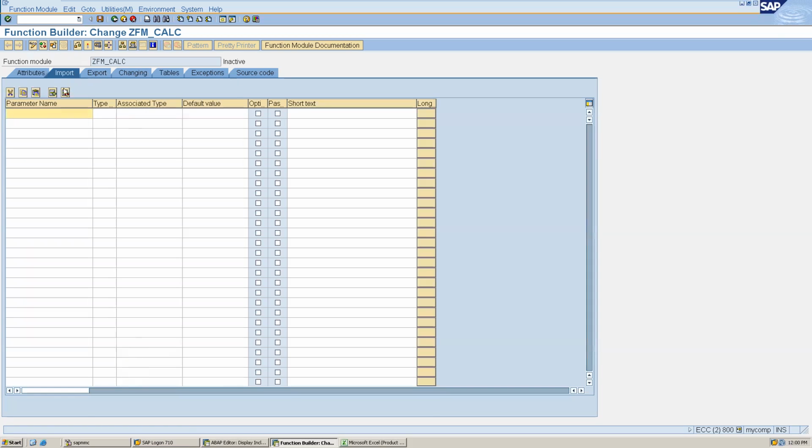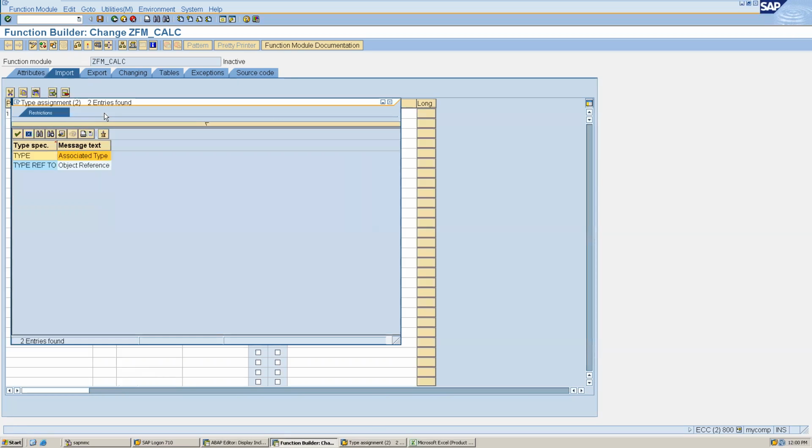We will see these parameters one by one. First, the importing parameter. If I want to import anything, I can write any variable name here. I'm writing im underscore a, for example. Here I have to write type. I have to select what kind of type I'm going to pass here. It is a type or type reference to.